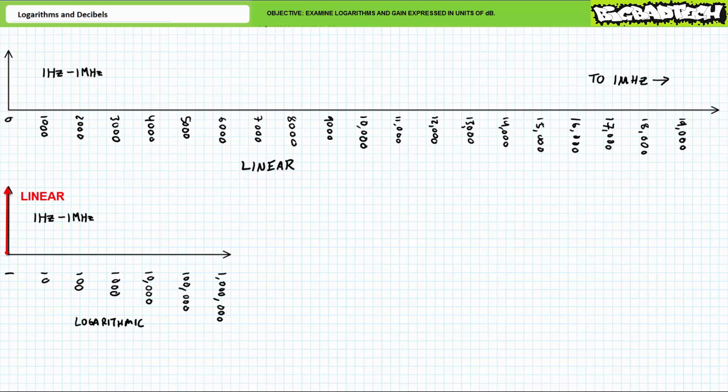The linear vertical y scale plots some property of interest, either voltage, current, or power in a traditional linear sense. However, the logarithmic horizontal x scale starts at 1 and spaces each power of 10 evenly. In this case, a power of 10 every 1 inch. 1 to 10 hertz is 1 inch, 10 to 100 hertz is 1 inch, 100 to 1000 hertz is 1 inch, and so on. The upper end of our horizontal scale, in this case 1 megahertz, is now only 6 inches away, making it possible to fit the chart on one page,